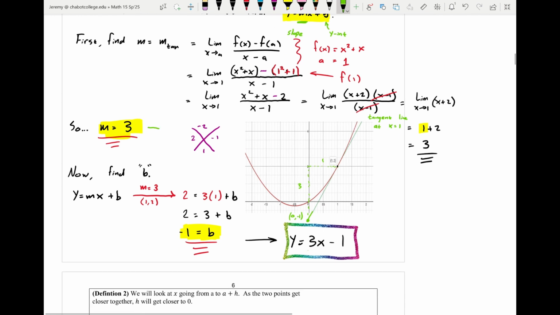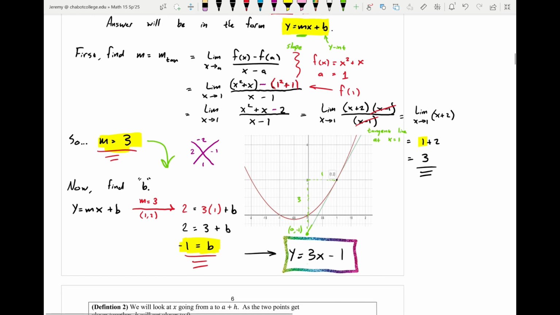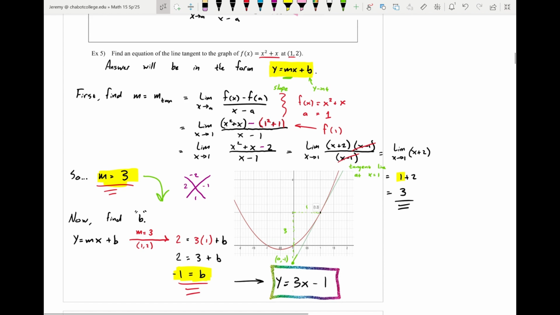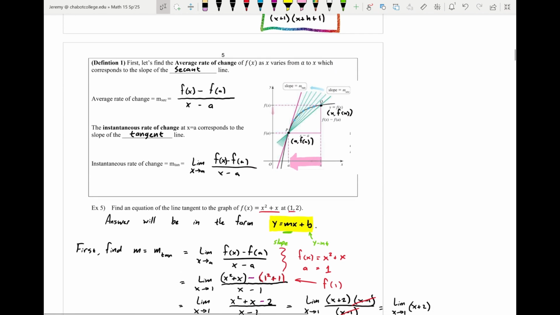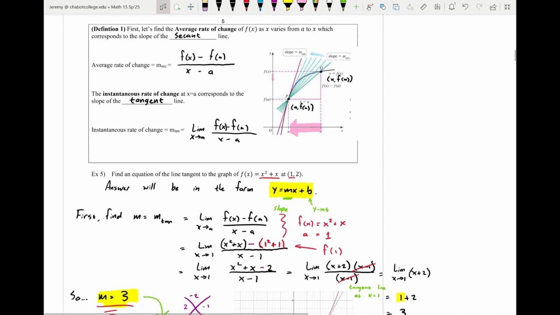Right? And then from this point forward, really it's just an intermediate algebra problem. Right? No calculus to be done here. We're just going to solve for that y-intercept. And that'll give us our answer, which will be in the form y equals mx plus b. Okay, so that's one way of defining this slope of a tangent line or instantaneous rate of change,